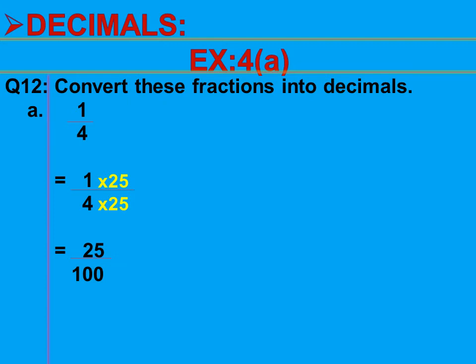Now dear students, you can see that we have a multiple of 10, that is 100, in the denominator. Now it's very easy to write it as a decimal. We will just replace the zeros with the digits in the numerator. We will start from the last 0. We will replace this 0 with 5. Then we will replace the next 0 with 2. And for 1 we will simply write point. At the end we will get the answer 0.25.